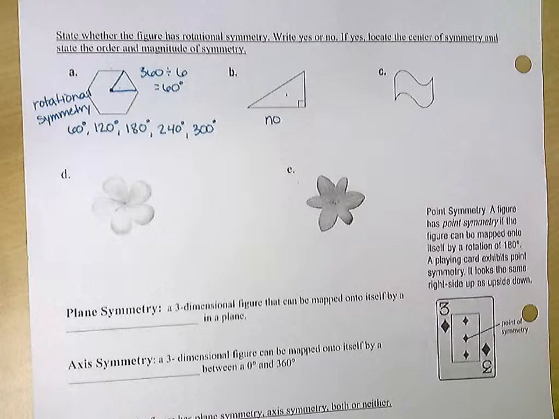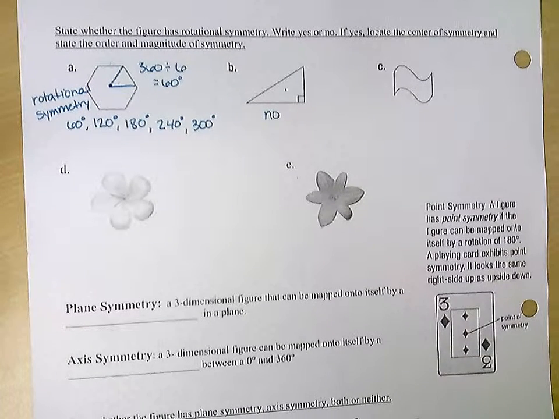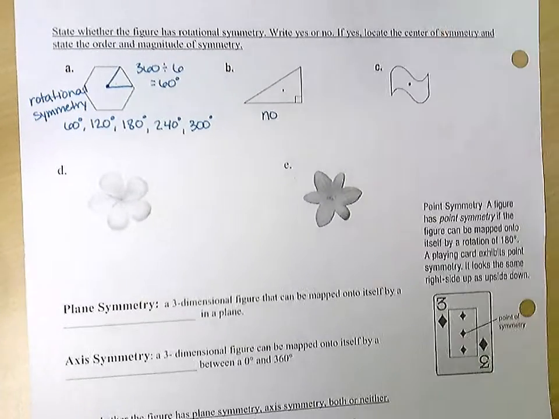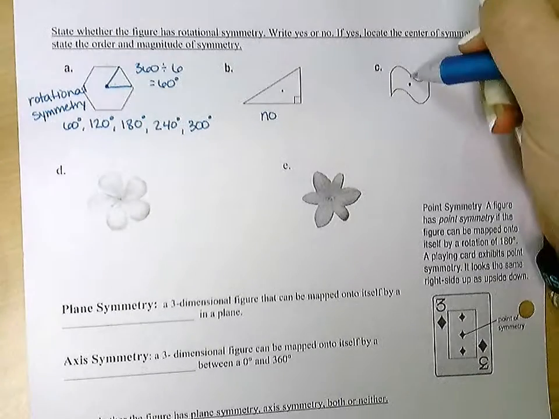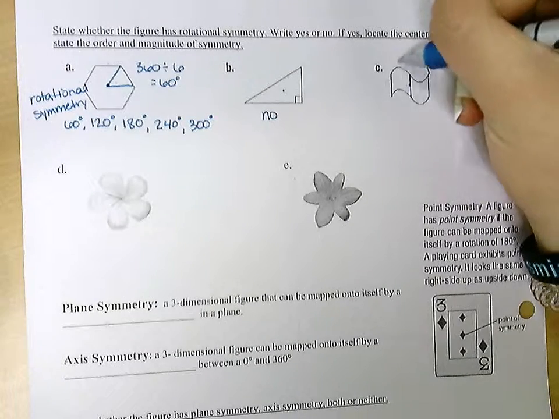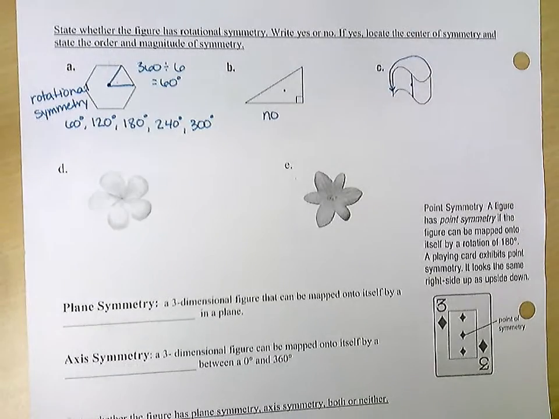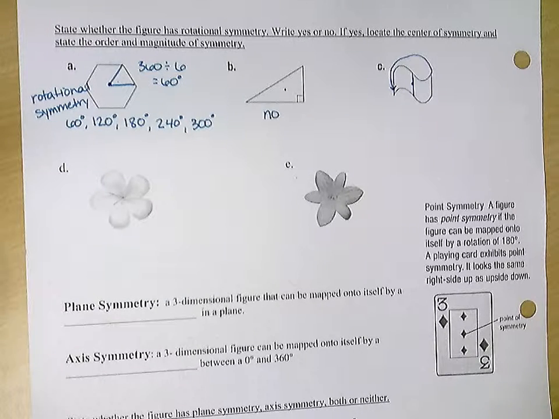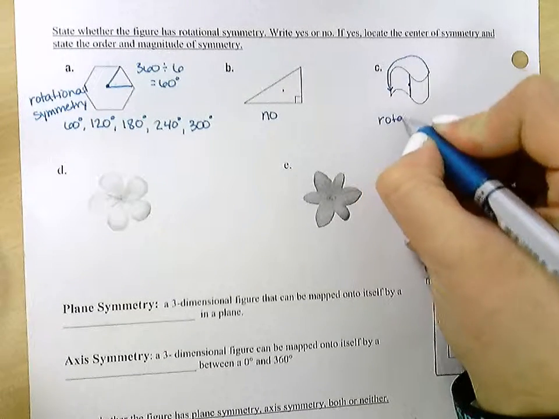Okay, then letter C. Does this one have rotational symmetry? Yes, it does. Okay, if I put my center point right here, I can split this in half, and I could rotate this halfway around here. So I can split this into 2 sections and rotate it 180 degrees. Okay, so it would only have rotational symmetry